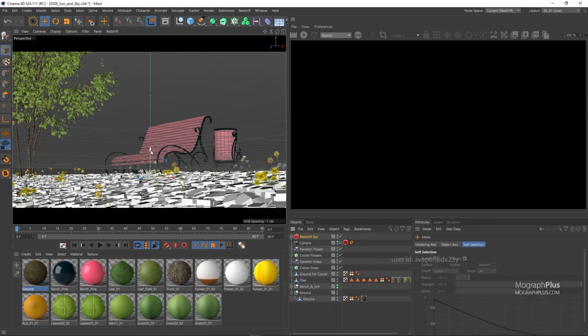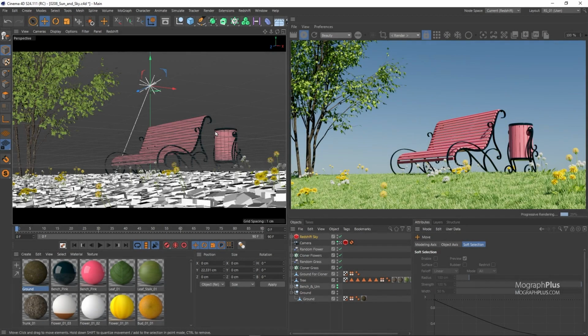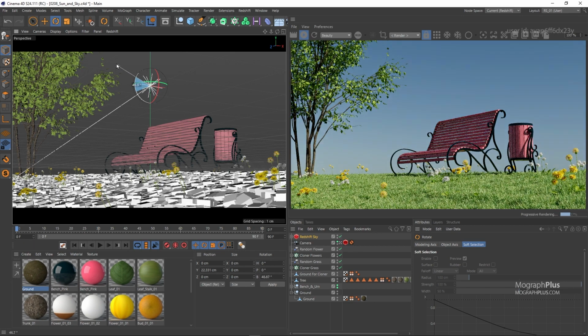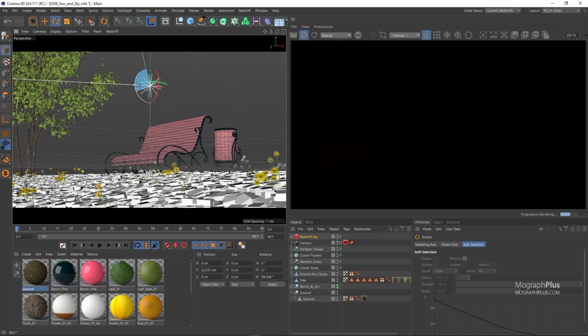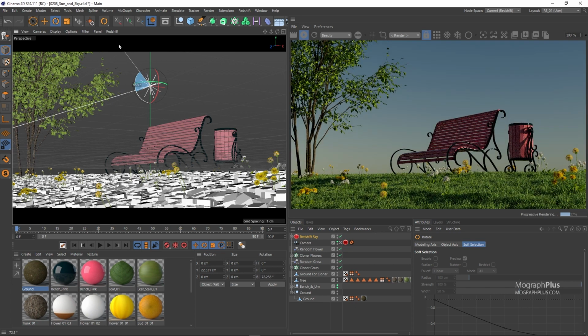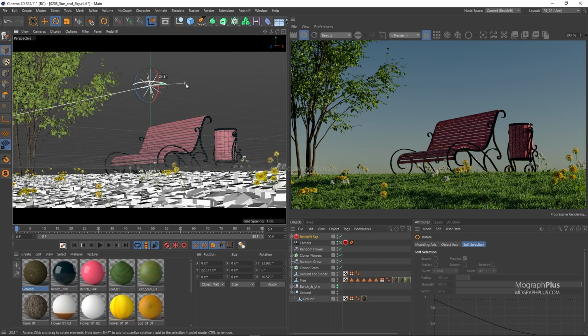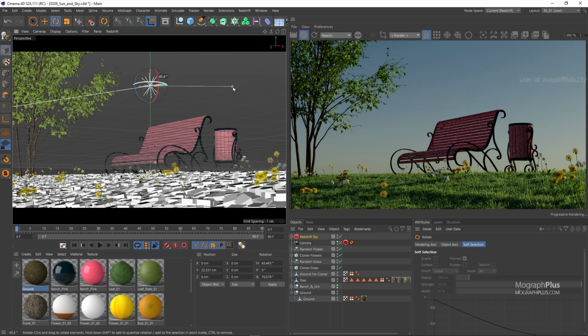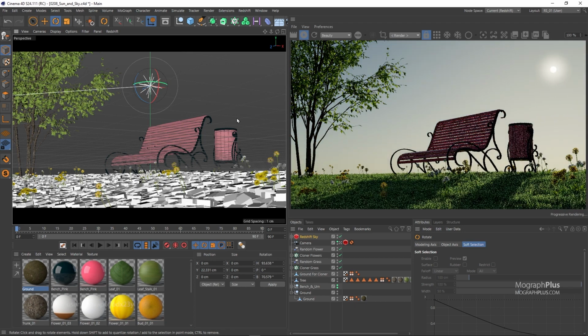So let's start IPR, and because this is a heavy scene, hundreds of thousands of geometries, it will take some time for the render to start. And now we can adjust the position of the sun in the scene and the sky texture will change to match that position. Now, if we just put the sun lower, quite close to the horizon line,